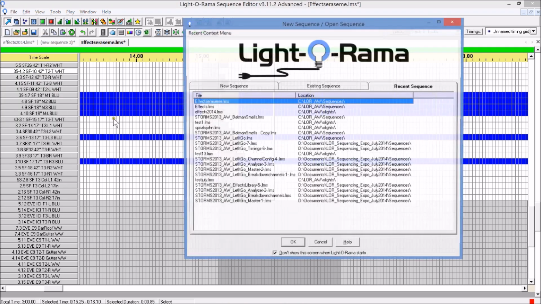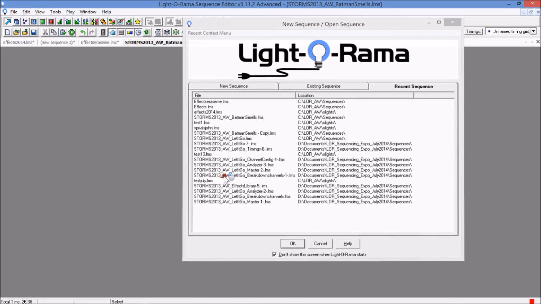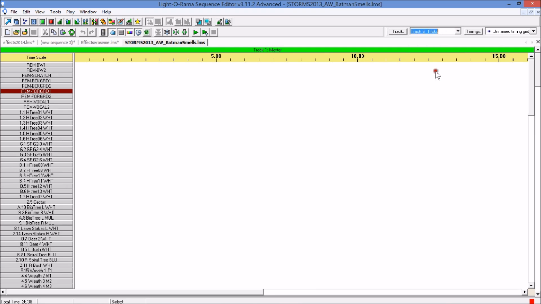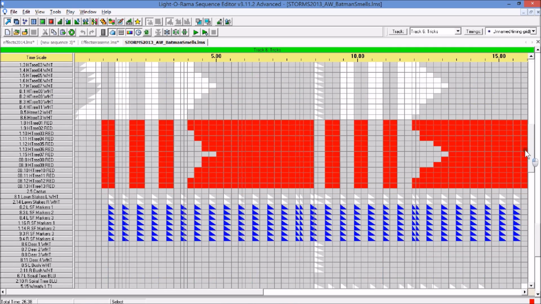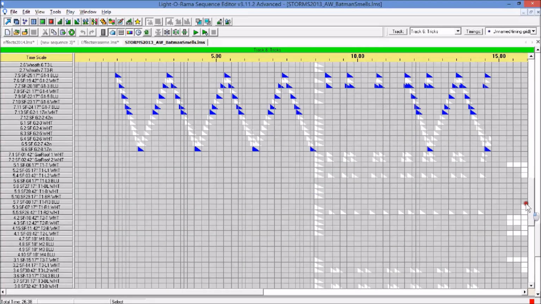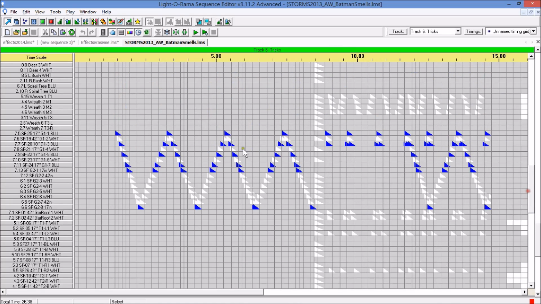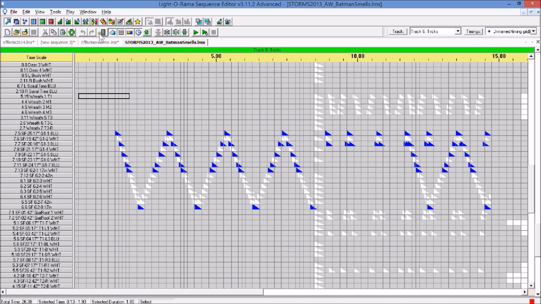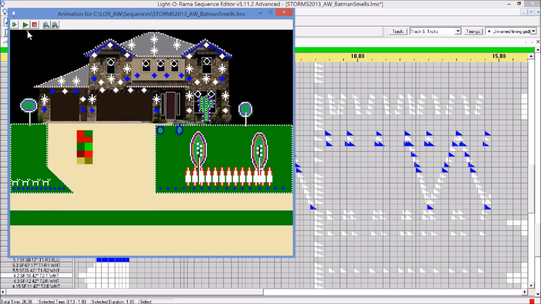Then I open up a song. Let me go back to the Batman Smells, and I go to Tricks, find my wreath 1 right here. I select the portion where I want it to show up. I come in, I say paste mode, stretch to fit, which means it will make it fit in that portion right there. I paste, and there it is. So now if I play it,